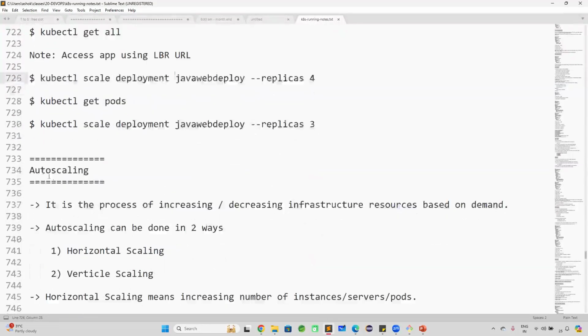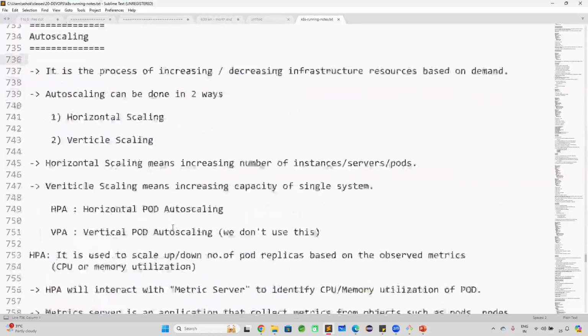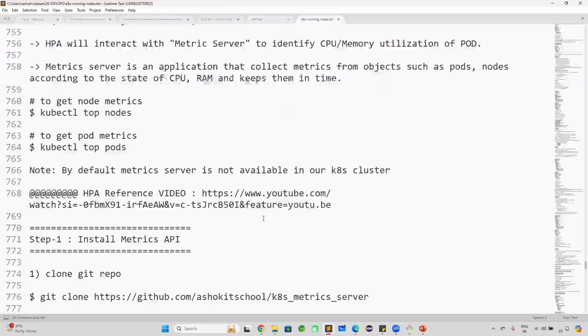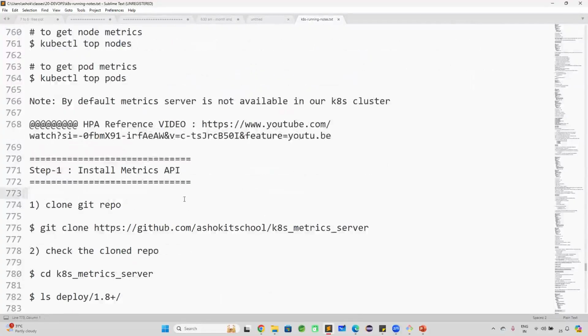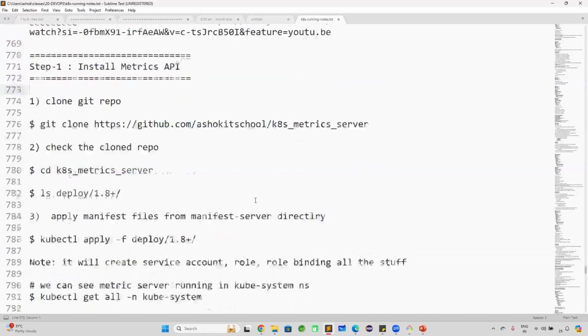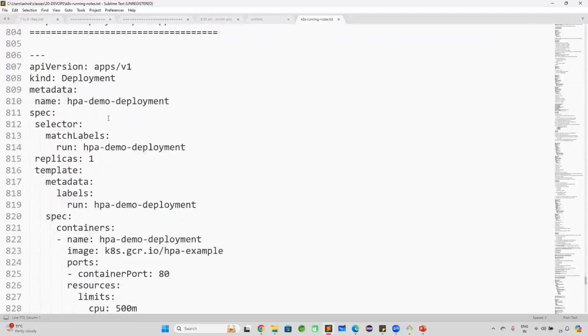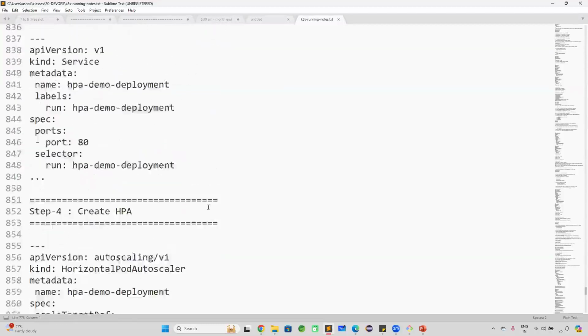And we also discussed what auto scaling is in Kubernetes and how we can work with horizontal pod auto scaling by using the HPA concept. We were able to set up the HPA, and we saw the pods increasing and decreasing automatically based on the load. For the HPA, metrics are required. The metrics will be given by the metrics API. That metrics server we also configured in our Kubernetes cluster, and we deployed our sample application,